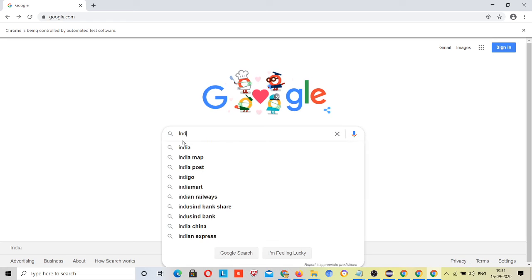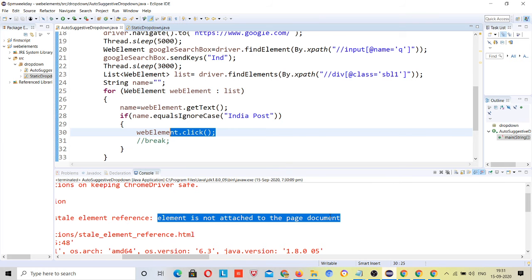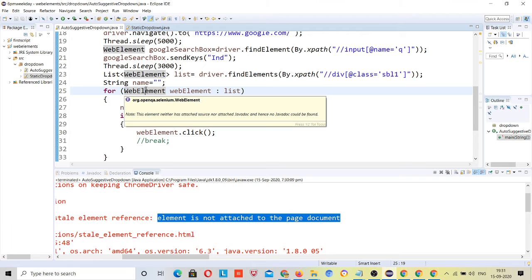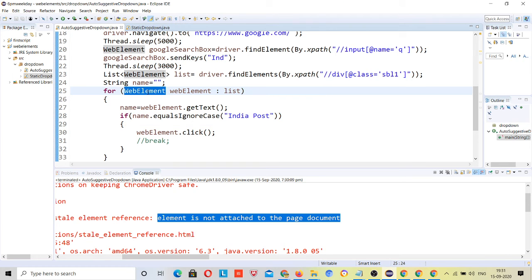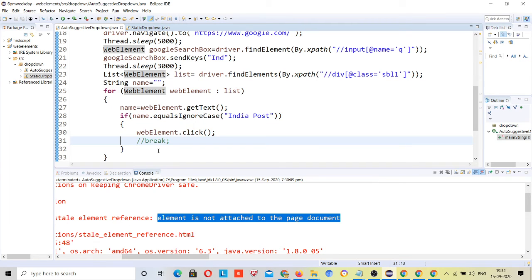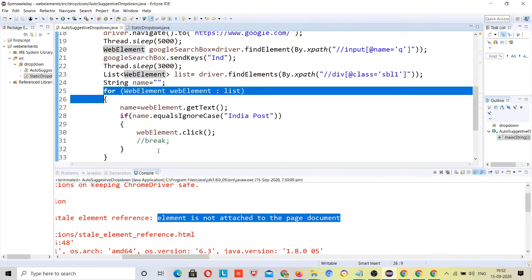Let me go here, I and D. So this may click at first also, if I was using this for loop only, not this for each loop. The for each loop works the same as the for loop, but here if I was using a for loop, then for getting, suppose let me explain it again.